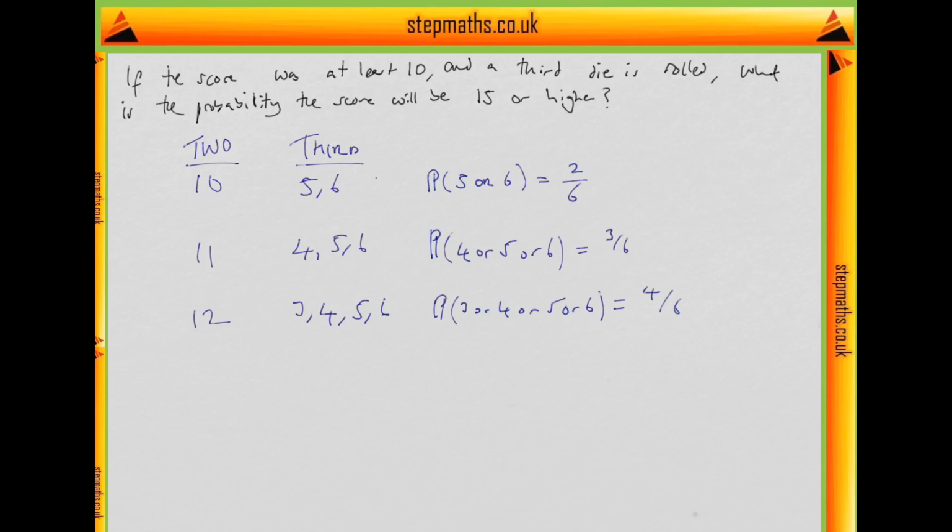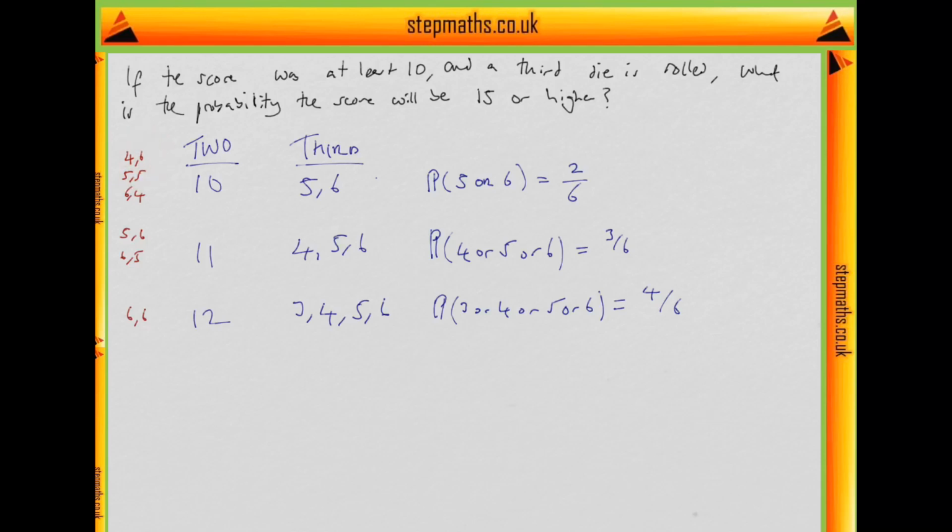Well, what's the probability of rolling a 10? Okay, well, a 10 could come from, let's list them down. We could get a 4 and a 6, a 5 and a 5, or a 6 and a 4. For 11, we could get a 5 and a 6, or a 6 and a 5. And for a 12, we can get a 6 and a 6. So, how many combinations do we have here? We have 1, 2, 3. And we know from before that each of them has probability 1 over 36. So that's going to be equal to 3